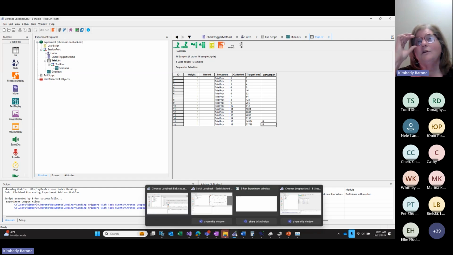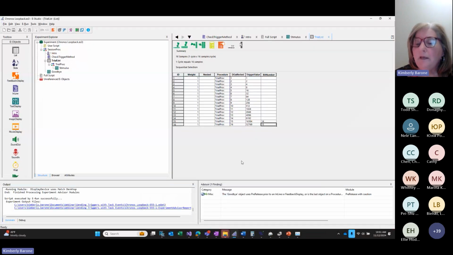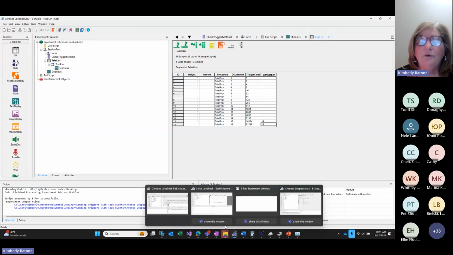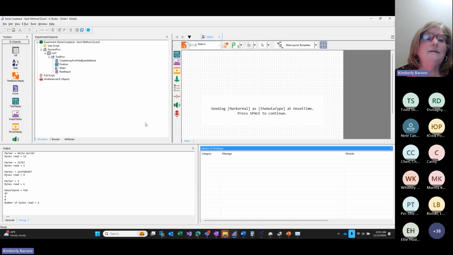I see we have a couple questions in there, so I'm hoping, actually, maybe there aren't a couple questions. I think I misread that. As we're closing out of time, I want to briefly take a look at a second example. It's a similar idea to Kronos, but this is using a serial device. And it's doing a loop back again for the purposes of being able to illustrate that we can both send values out and receive them back in again. I want to focus on the sending though,